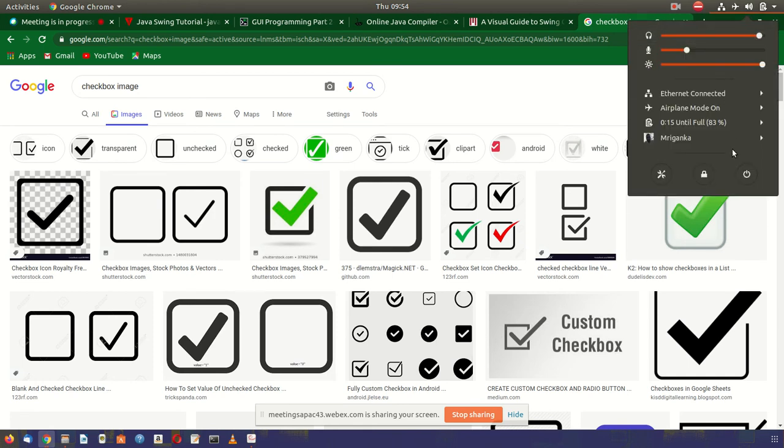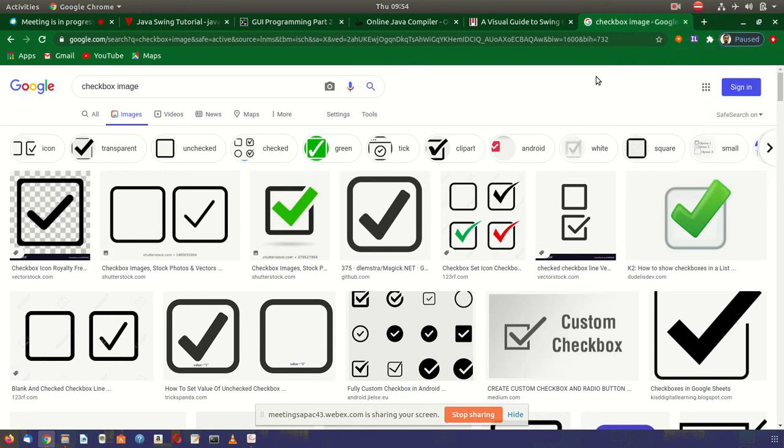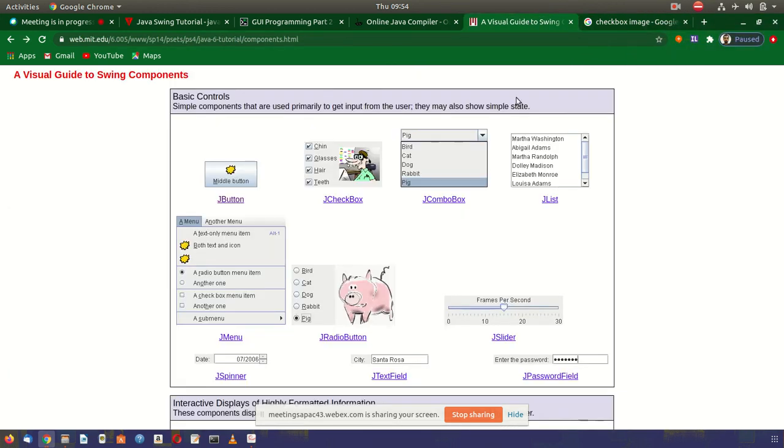Okay, this is called a combo box. At one time I can select only one. This example is very prominent in choosing the country of origin when you open your Google account.